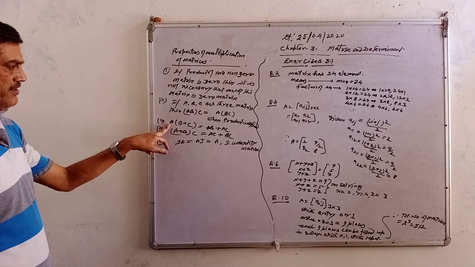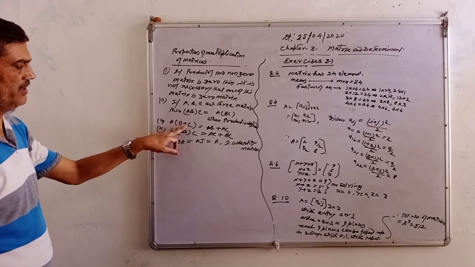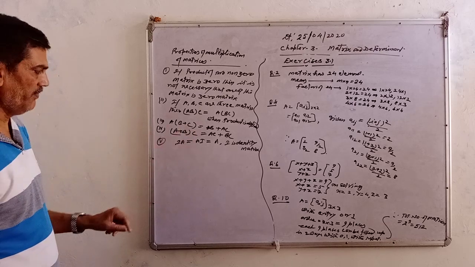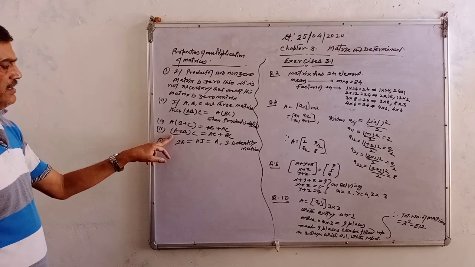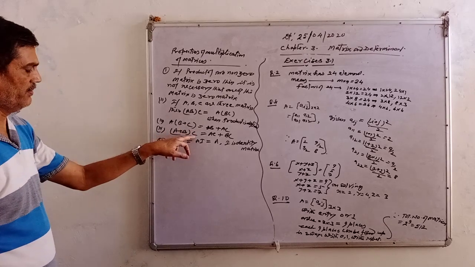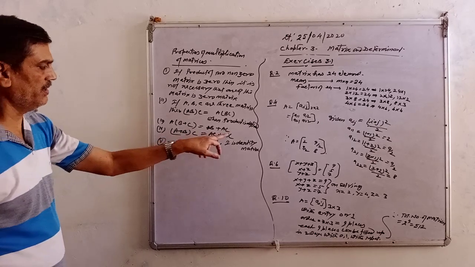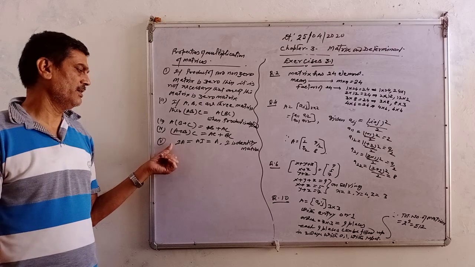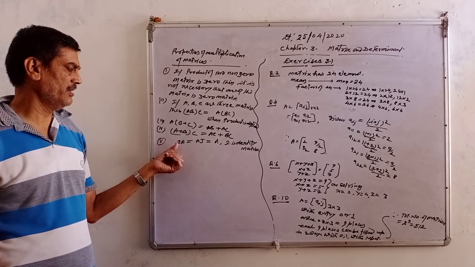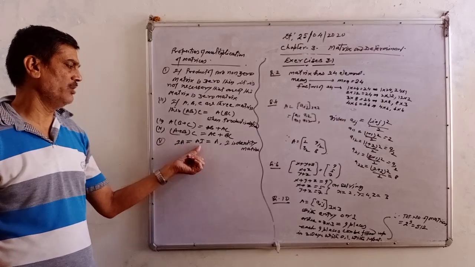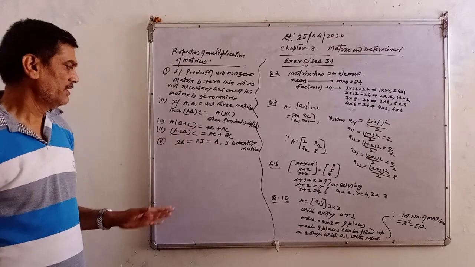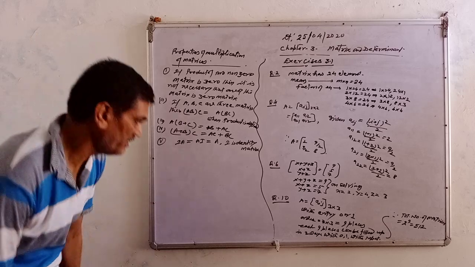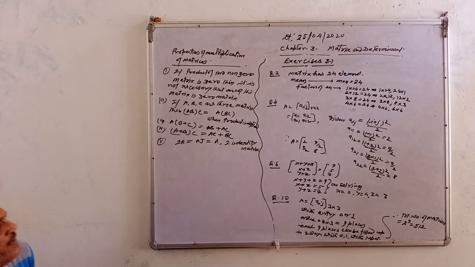Now second, by the distributive law, A into (B plus C) is AB plus AC if the products are defined. Next, (A plus B) on the right side, the product with C is AC plus BC. Then the fifth property: I is here the identity matrix. So I into A is equal to A into I, that is A. So I multiplied by any matrix gives the matrix itself. Okay.